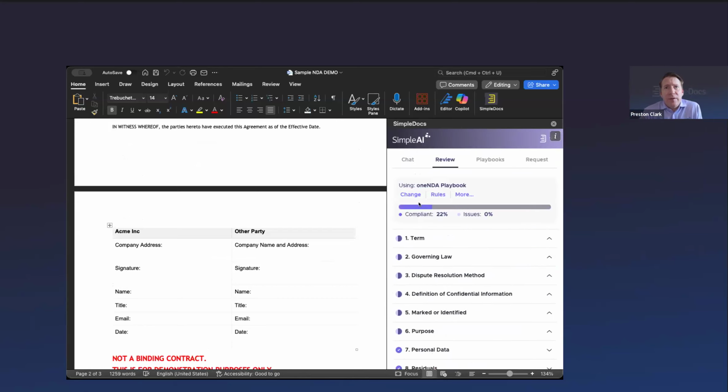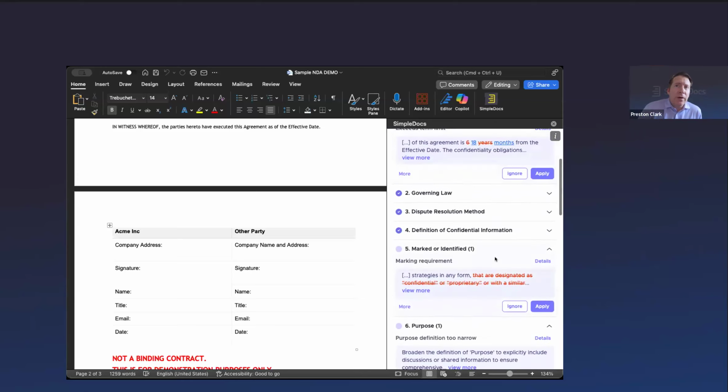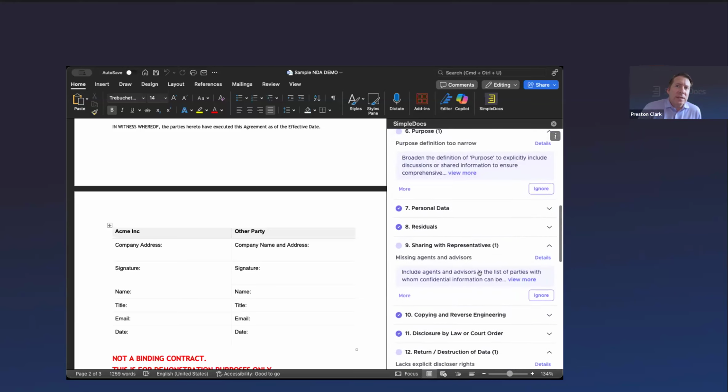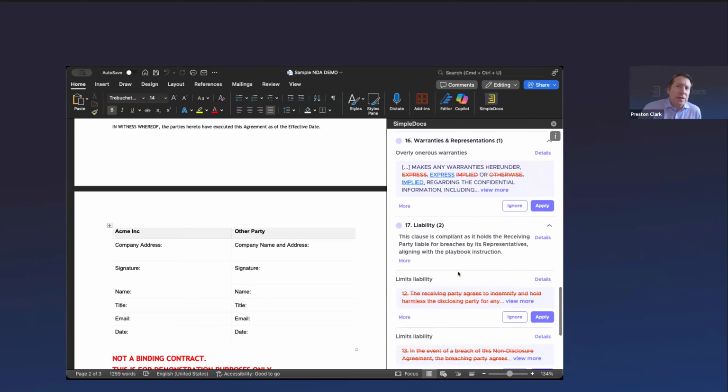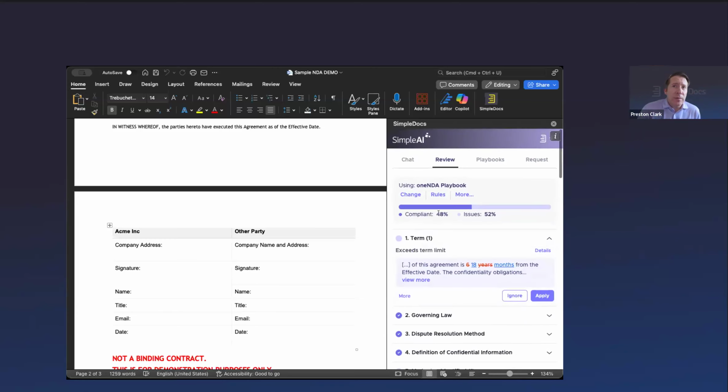Okay, so we have our compliance bar up top. For many of you who haven't used the product in a few weeks, this is new. This is basically assessing what percentage of the issues that we have instructed the AI to review are compliant with your playbook, or in this case, the one NDA playbook. I'm going to wait till it gets to 100%, which should just be another second. Maybe it gets stalled on one, so I'll start scrolling down here now. I see issues that have been redlined. I see some flags. I'll get to the bottom, and there are 19 total issues. So it's worked through all of those. 48% compliant, 52% need to be resolved.